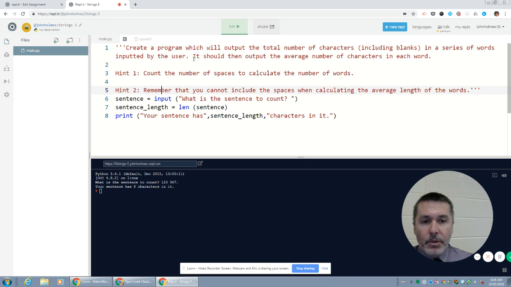And then it should output the average number of characters in each word. Well, for the average number of characters, I need to figure out how many words there are. So really, the number of words is going to be separated by spaces, so count the number of spaces to calculate the number of words. So number of words is going to be